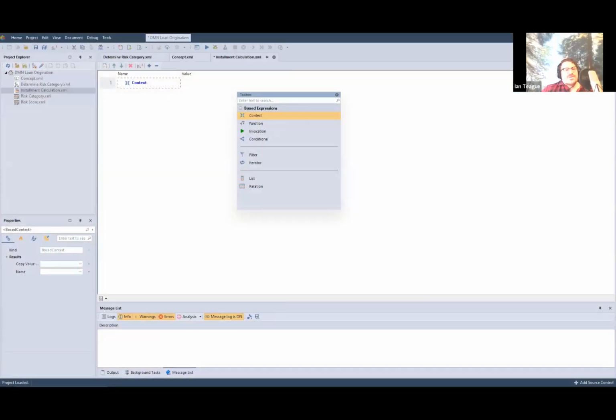When you add a new box expression in FlexRule, you'll see the toolbox changes to contain different types of boxed expressions. And the first one I often add is the boxed context, which is a group or container for other boxed expressions that you use to get a final result. And you can also add entries to a box context, which can contain constant values, formulas, or even other box expressions. So for this logic, we can start with dragging and dropping a box context,